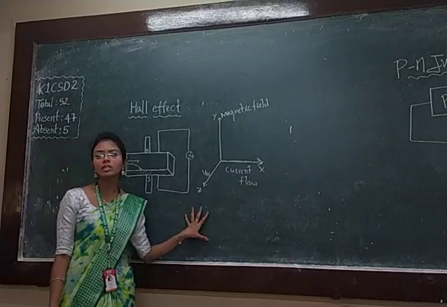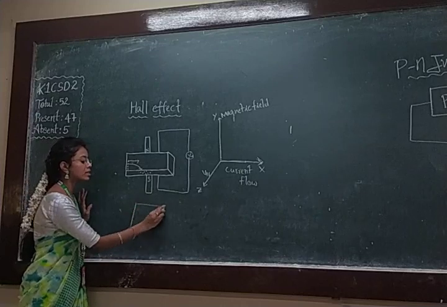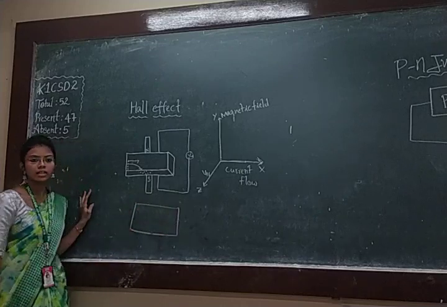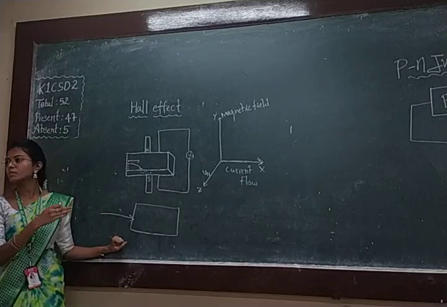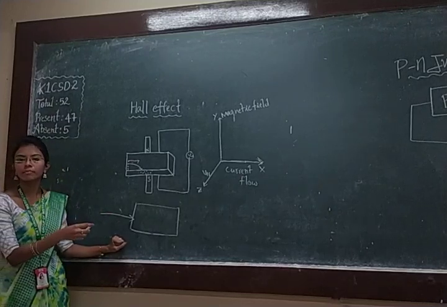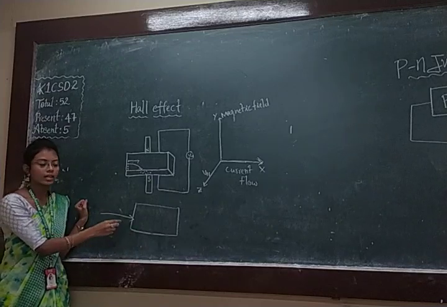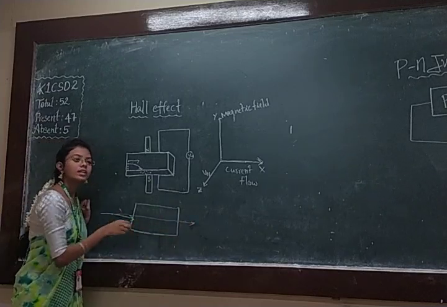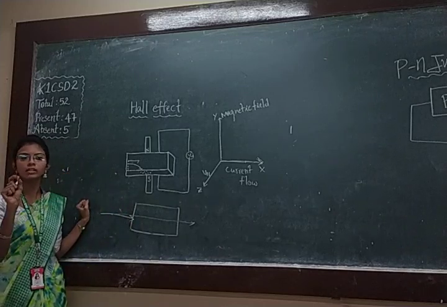So next topic is what? Hall effect. So first I will be taking a simple semiconductor. So when I pass a beam of light or a flow of electrons through a semiconductor, what happens? I am going to pass the electrons through the semiconductor. It will move in the same direction. It will move in one direction and it will come out in one direction.